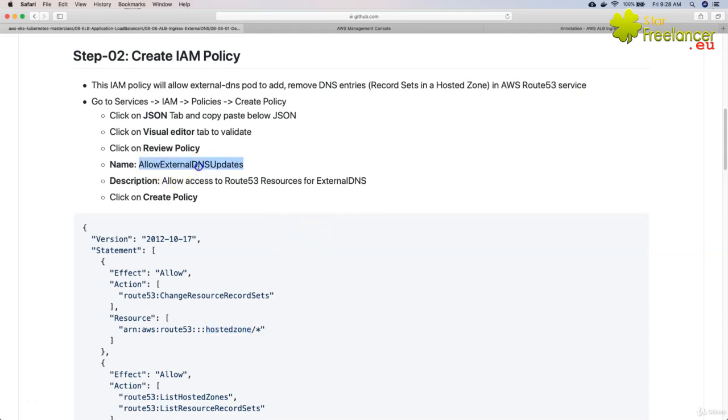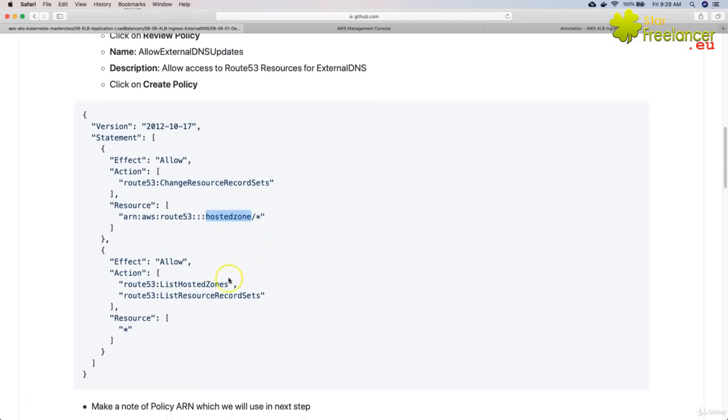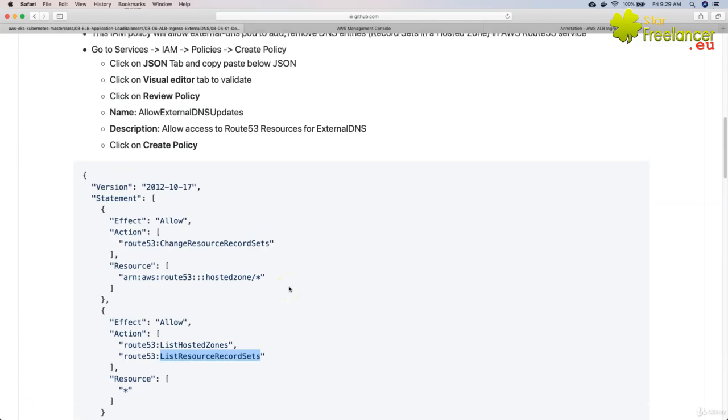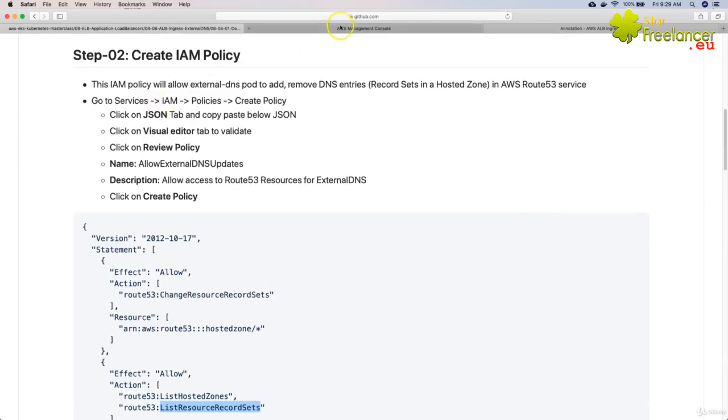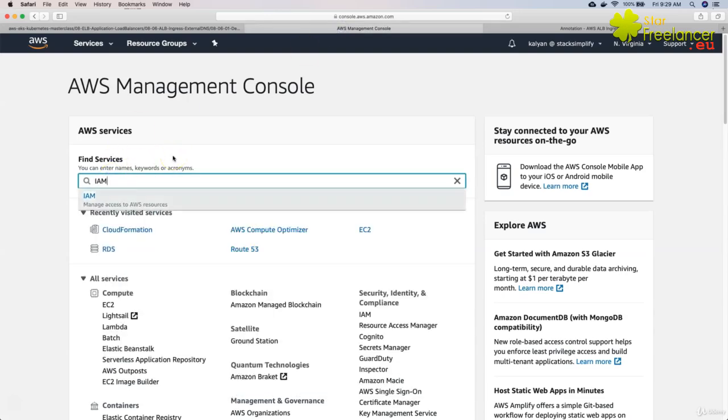For the IAM policy, we are going to put the name as allow external DNS updates. This is the IAM policy we are going to add, and its information is nothing but change resource record sets, allowed inside hosted zones for all the hosted zones, and also list hosted zones and list resource record sets. Okay, so now let's go back to our management console and go to IAM,